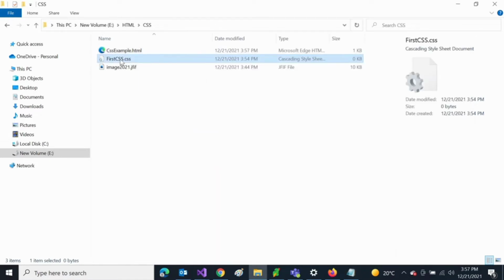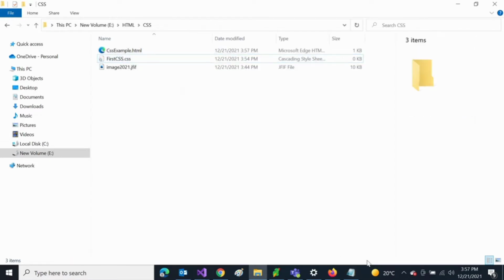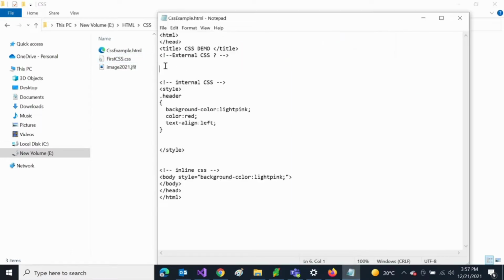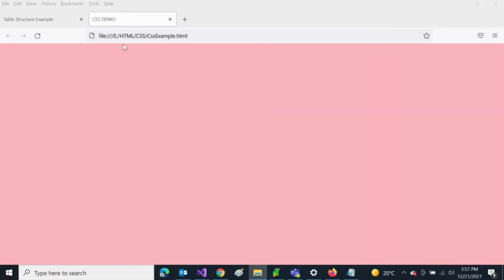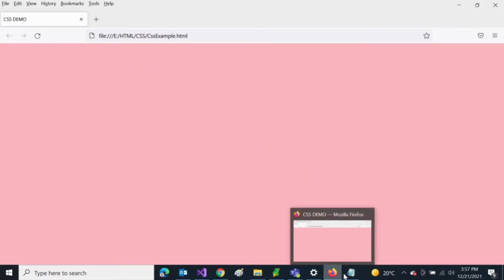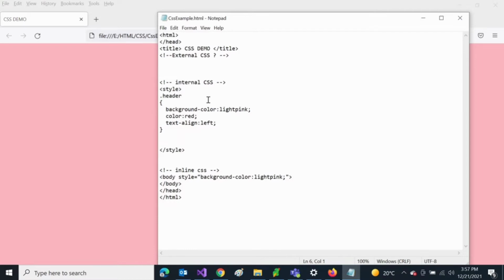So this is the first css.css file I have created. I will write all the CSS inside that. Before that, let's see how the page looks with our background color with the inline styling. Light pink is the background color set in the body styling. So let's add the CSS file for